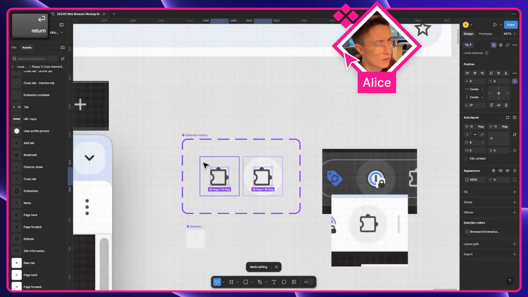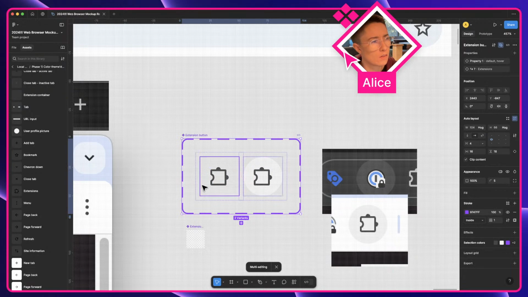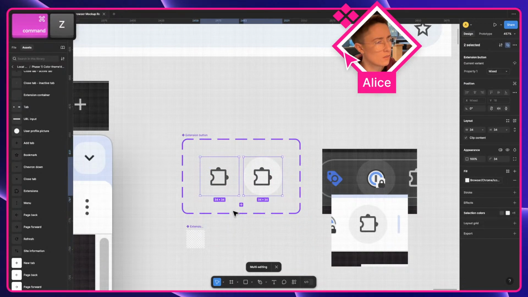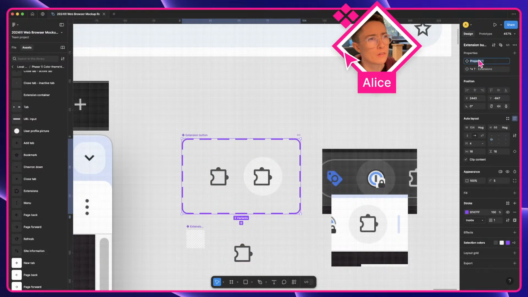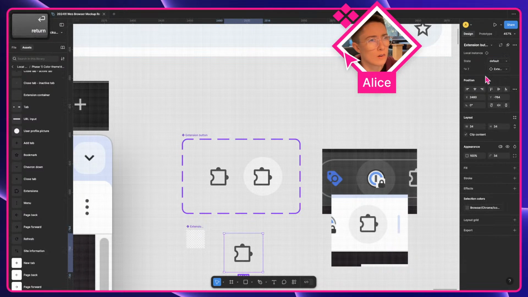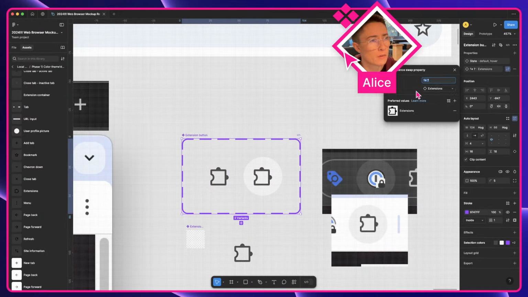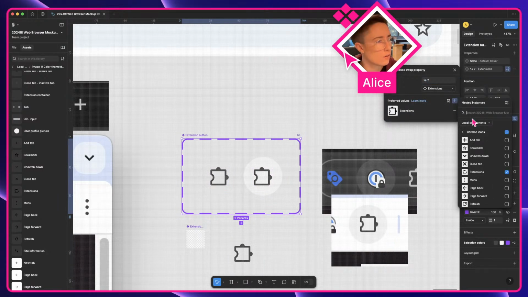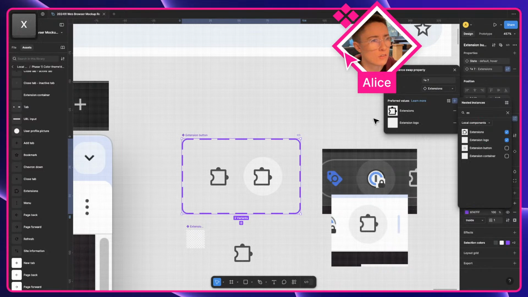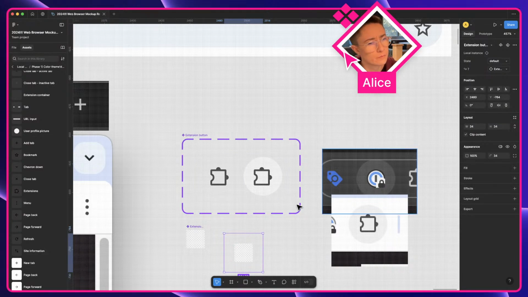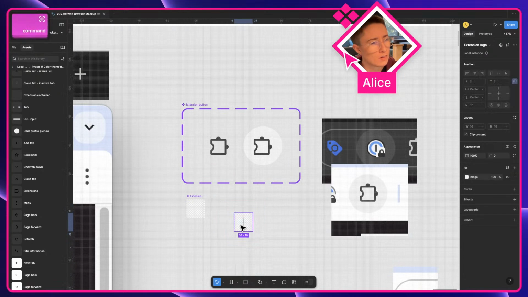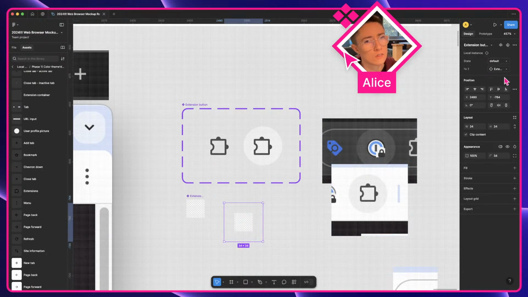I don't know what I'm going to call this yet, but when I'm working with an instance, get out of multi-edit. Oh, and property one, state, right? So I want to be able to swap this, and I want to have it be a preferred swap, right? You either get that or you get extension logo. Those are your options. So when you are swapping this, you could swap that in and then access